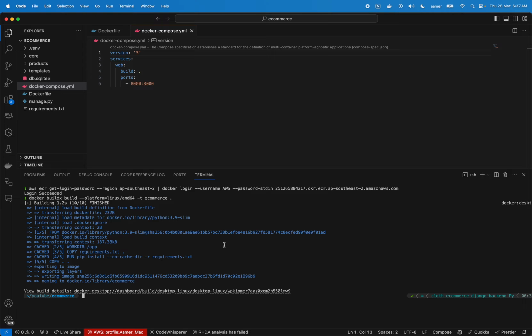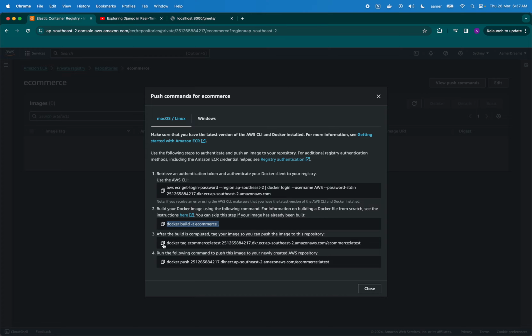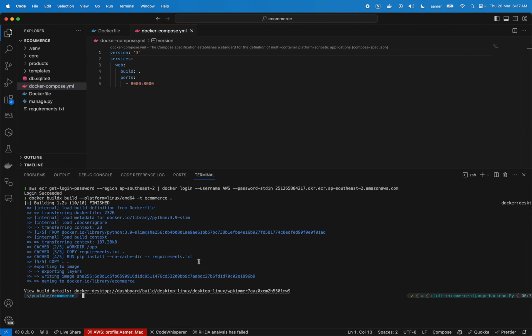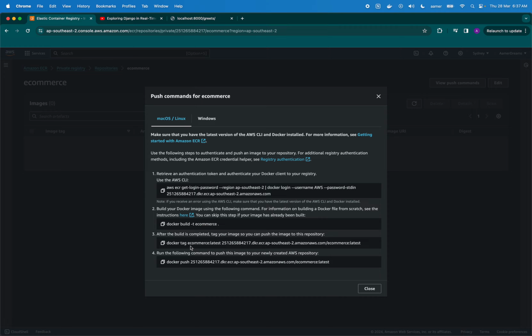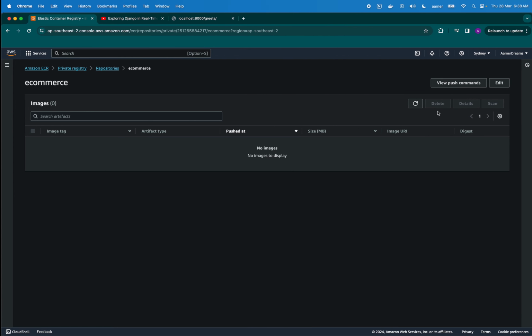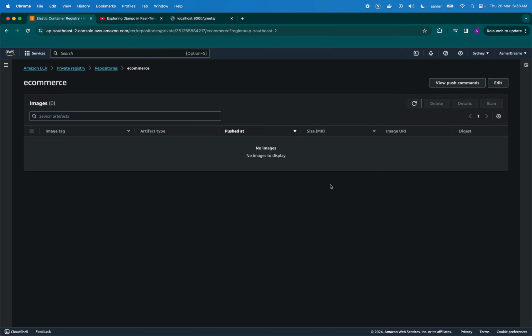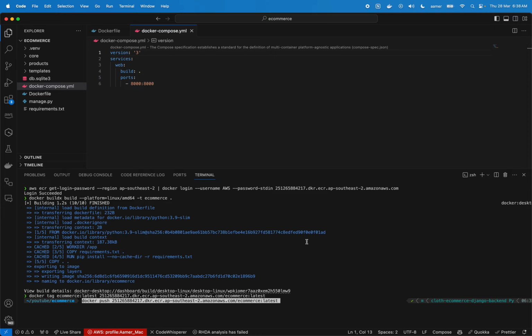Yes, that was built. Now the second thing I have to do is create a tag on that same image. This tag is very important. You are telling it, hey, whatever application or image you built, assign this particular tag to it. This is nothing but a location plus the new tag of that image. Okay, so I'm going to try to push it. I don't have that image over here until now. If I go and push it,